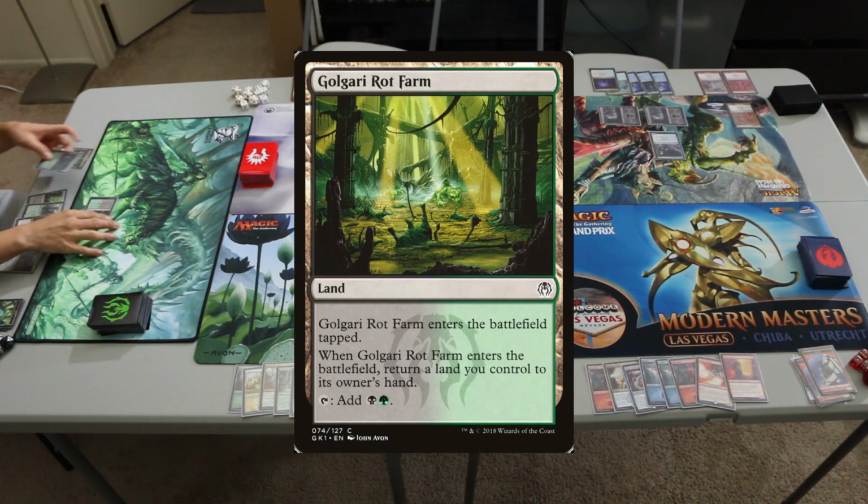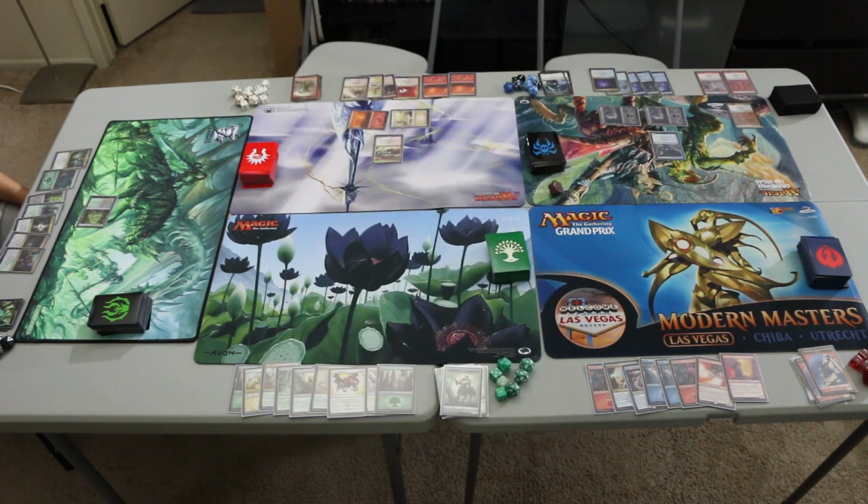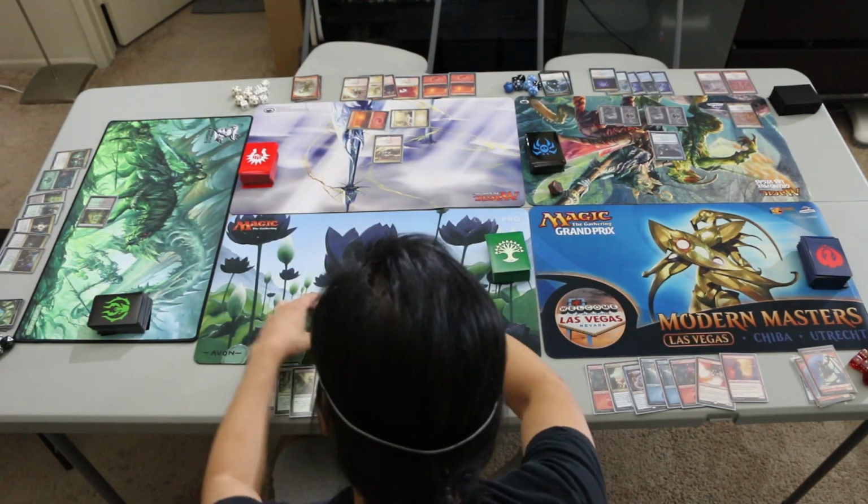It enters the battlefield tapped, and when it enters the battlefield, you return a land you control to its owner's hand, and then you can tap it to add black and green, and we will just leave that right there. Celestia will play a Forest and a Plains. We'll tap them both and play the